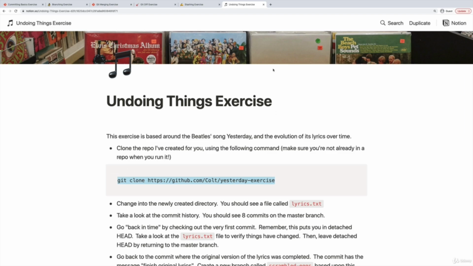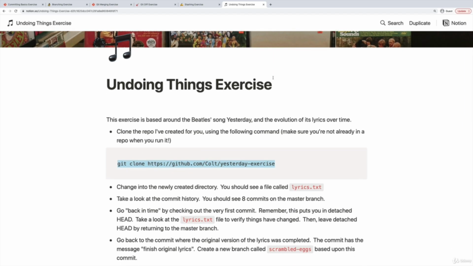So as always, this link is available as a resource with this video. I highly recommend you do the exercise. I think it's kind of a fun one. It's based on the lyrics to the Beatles song Yesterday, which originally Paul McCartney wrote the melody and he sang